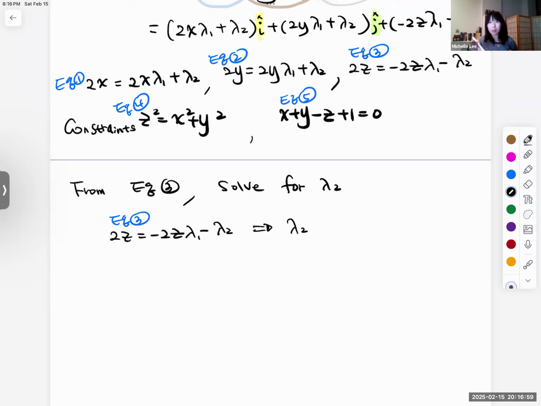So lambda 2 is negative. Move everything to the right side, right? So that will be minus 2 lambda 1 z minus 2z. The left side moves to the other side. Okay, now we substitute